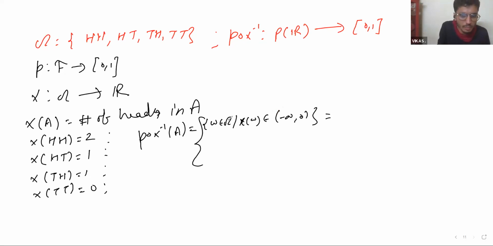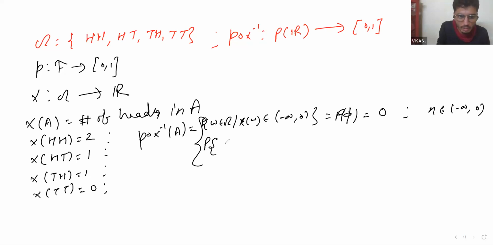You can see which omegas have images in minus infinity to 0. That is totally empty. So you have to use that the probability of phi is 0. We have seen this when x belongs to minus infinity to 0.